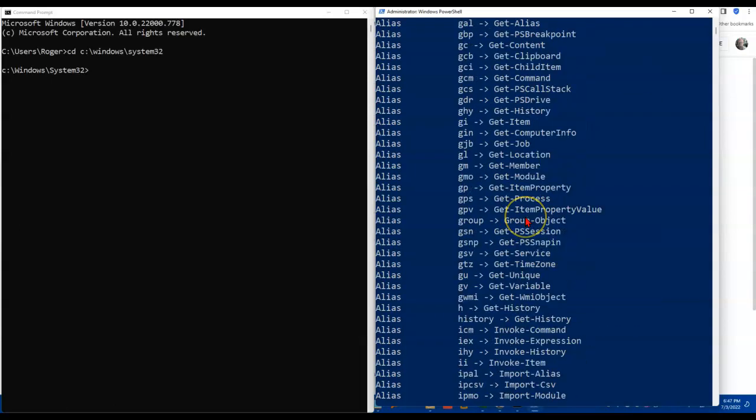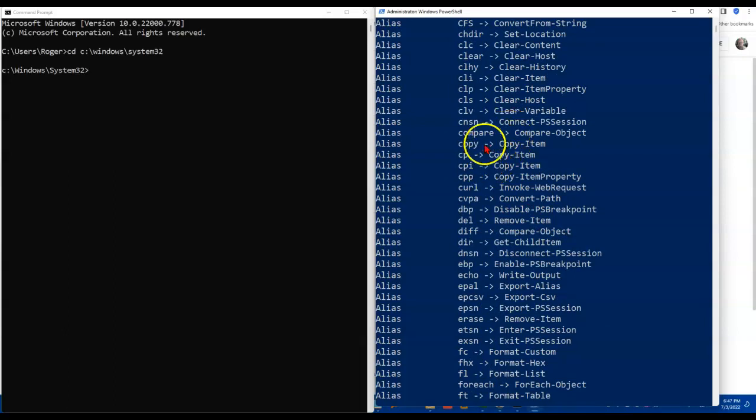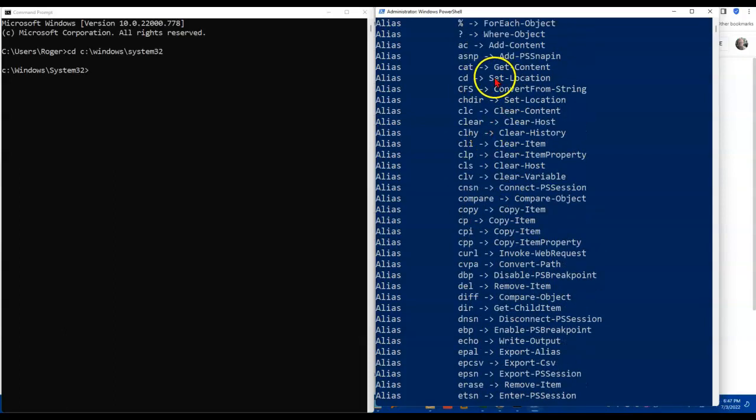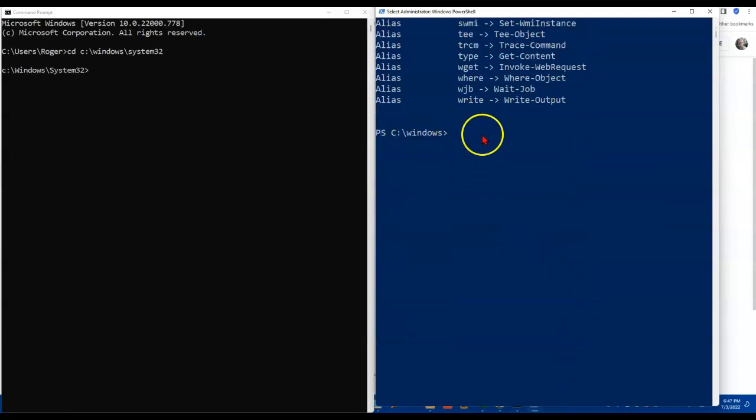So an alias is a shortcut here, and if I go up here to CD, you'll see that it actually is Set-Location that is the PowerShell command. So let's try that again. Let's put it back again. Set-Location C Windows